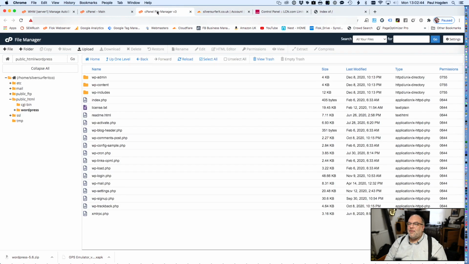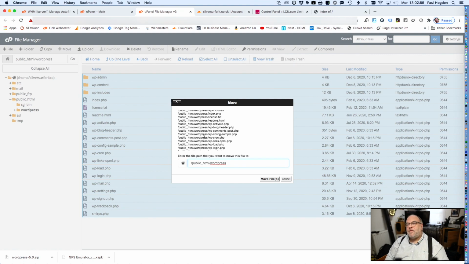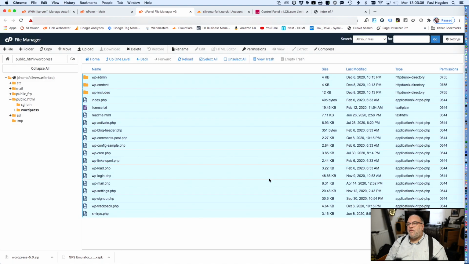So we are now going to highlight all of these by clicking select all, and we're going to click move. So we're going to move the folders and files, and we want to just get rid of the word WordPress and the first slash, and then hit move files.